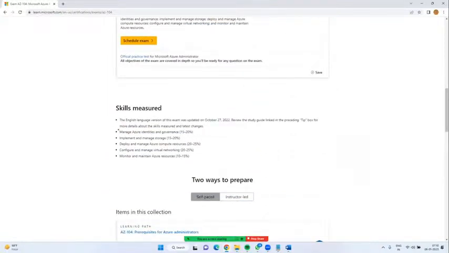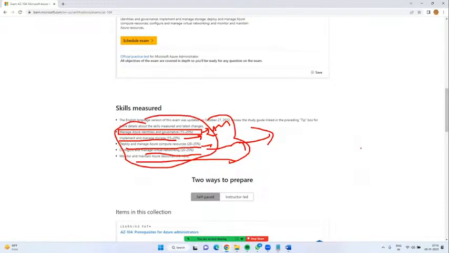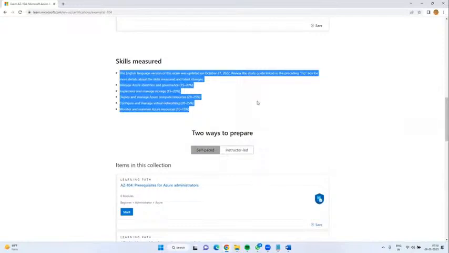Azure manage identity, this is Active Directory. Implementing and managing storage, just now I said, and the compute resources, these are the PaaS services. Networking, I included. Monitoring, same. If you are perfectly thorough on these topics, you can certify for Azure. This is the skill measure.